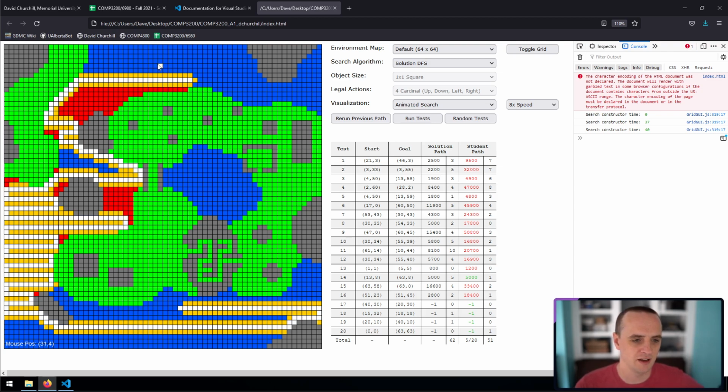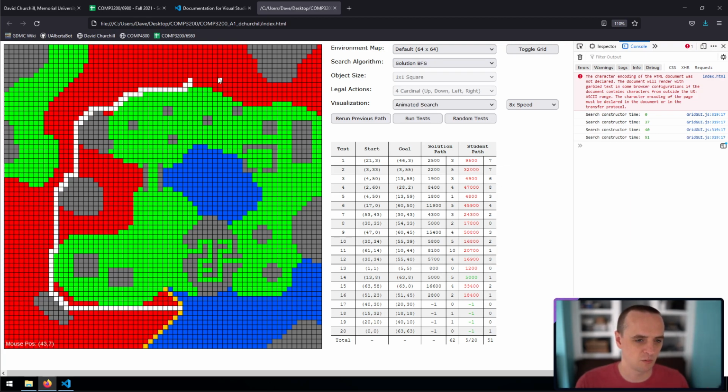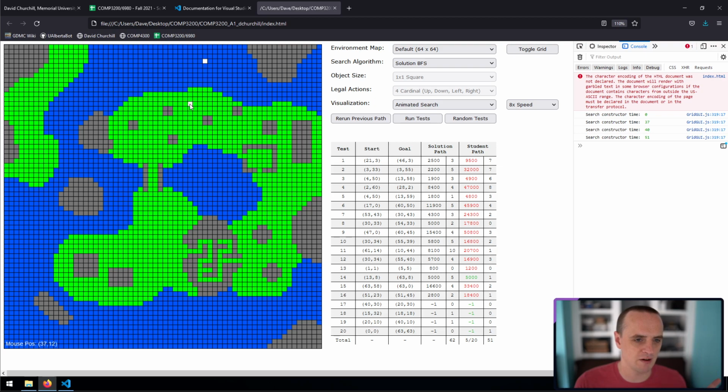Someone who has completed the assignment already mentioned to me that my solution behaves a little bit differently than theirs. Okay, so what does that mean? Let's look at something as an example. If I go to solution BFS and I run a path, that's normal. However, if I try and find a path from here to here, nothing happens, okay? In my solution, I have many optimizations going on in the background that you will not have for this assignment. Do not worry about that. So the reason my solution does nothing when I try and find a path from here to here is